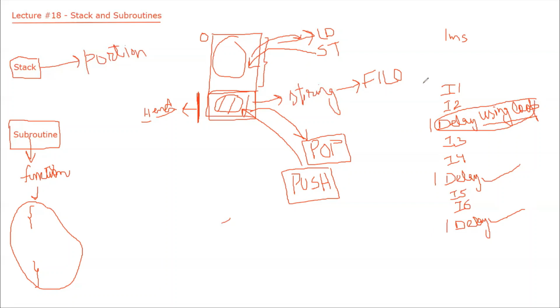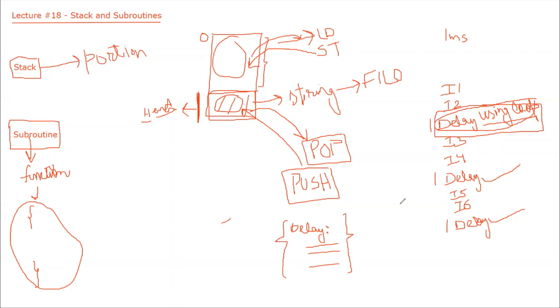So there is a repetition of the same instructions at 3 different points. So instead, let's do one thing. Let's make another program, a short program that has these instructions. Let's write a delay program. So this is our delay. This will be our delay subroutine. Let's say it has instructions 1, 2, and 3, and the name of this function is delay.